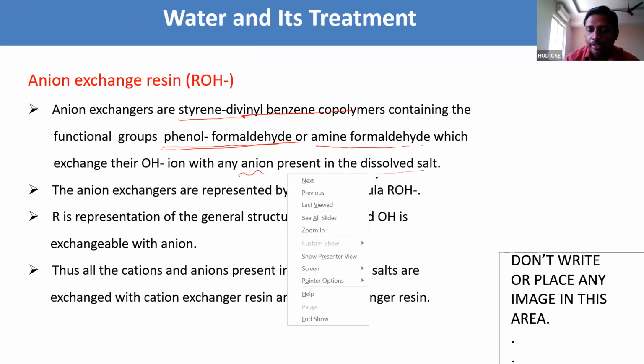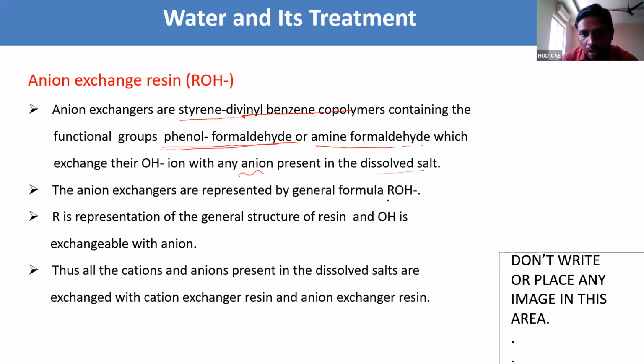This anion exchange resin is generally represented as ROH, here also represented as ROH minus. R is the general structure of the resin, and OH is the exchangeable anion. This OH minus is responsible for the